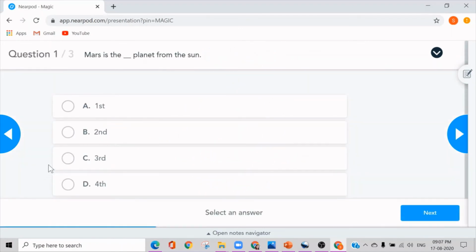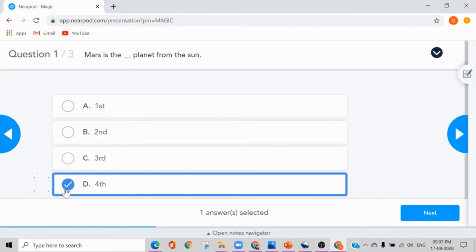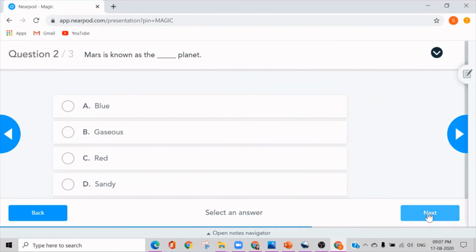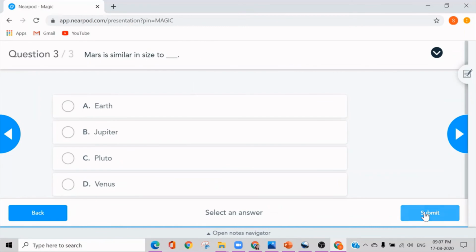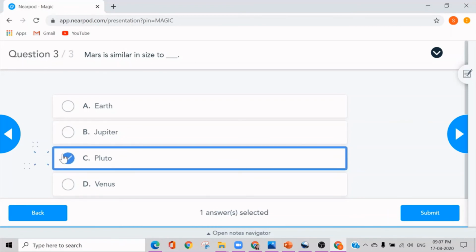Mars is the 4th planet, right? So one answer selected. I gave it as 4th planet. We go to the next one. Mars is known as the ash planet, maybe the red planet. Then Mars is similar in size to, don't know the answer. Okay, I'll just give it as Pluto.